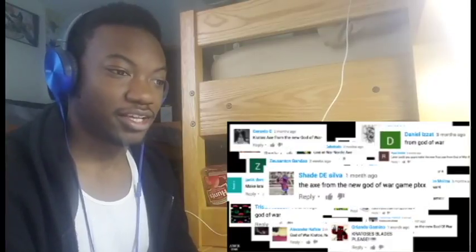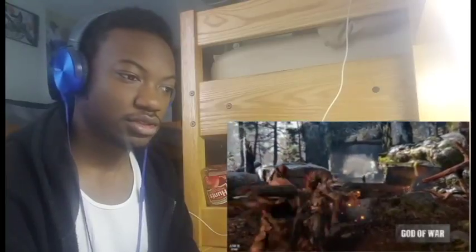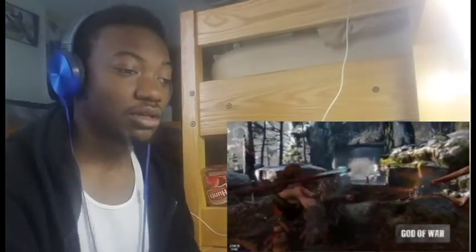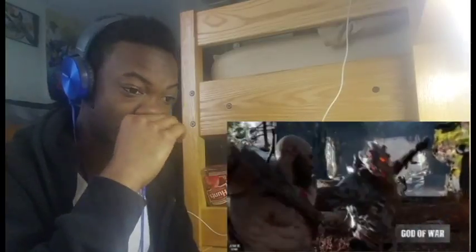Everybody wanted to make this axe. I wonder if they're gonna do like that little